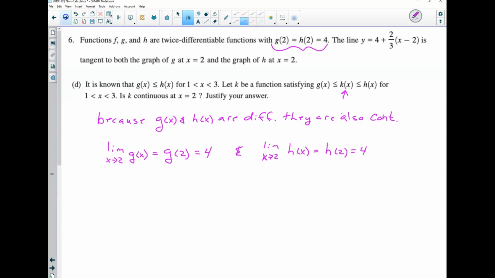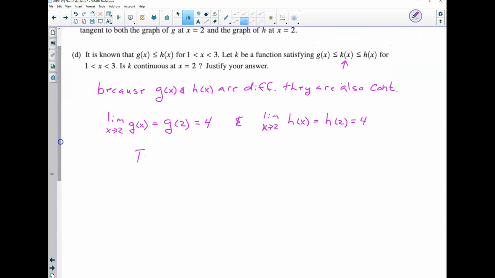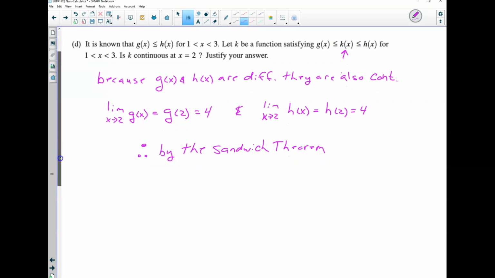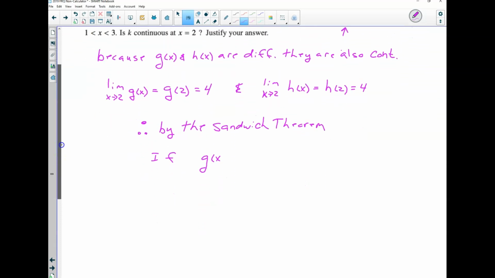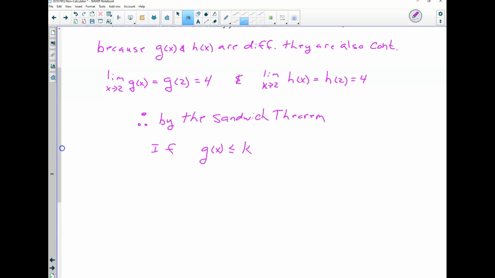Okay? Therefore, I'm going to use my dots. You probably don't remember this one. Therefore, by the sandwich theorem, if g of x is always less than k of x, which is less than or equal to h of x, on 1 to 3,